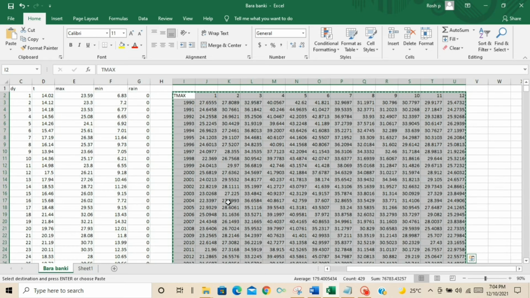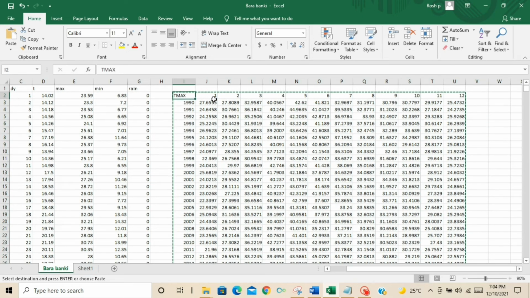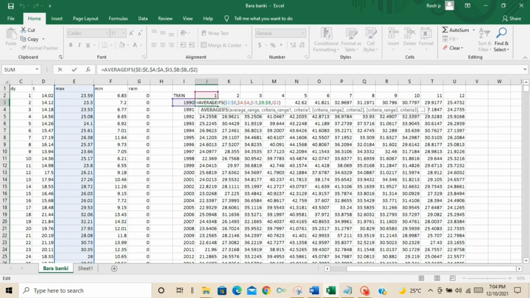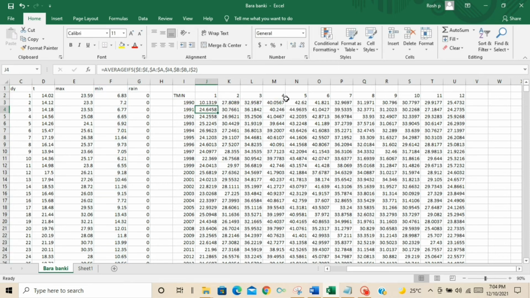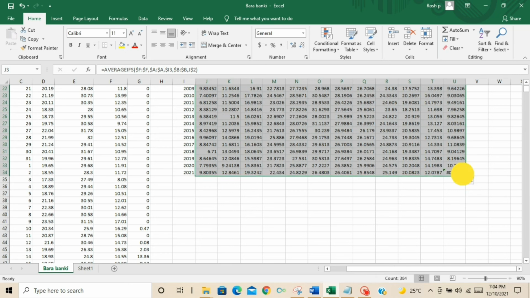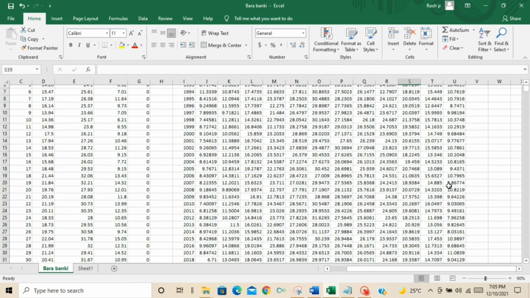Now for minimum temperature, we are just going to change a few things. We are just going to change our column. Where we had written E, we are going to write F. The F column represents minimum temperature because I have written it there. As you can see, when I change it, the values automatically change. I also suggest you manually check certain years by yourself so that you are double sure about your work. Again, if you find the value error, you just have to write 0.